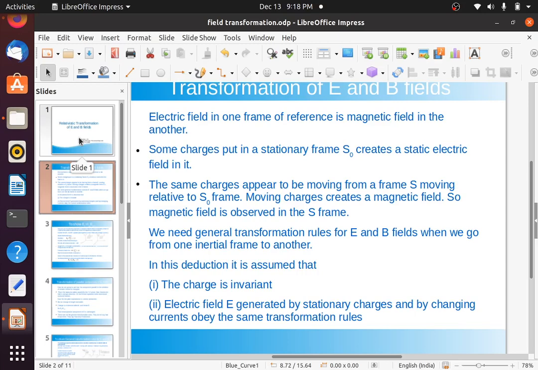So many scientists are observing and studying this system, and it is accepted that the only problem could be with these assumptions. So long as these two assumptions are valid, our deduction should be correct.